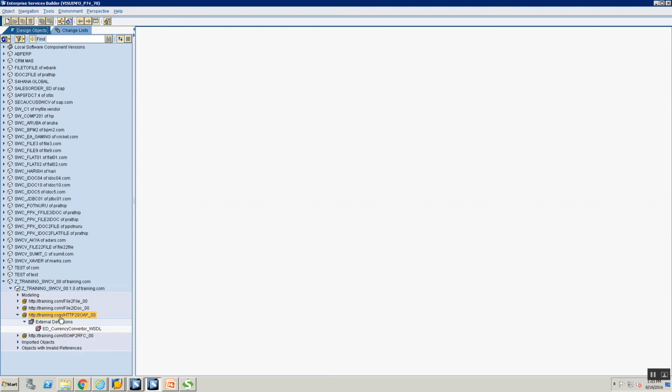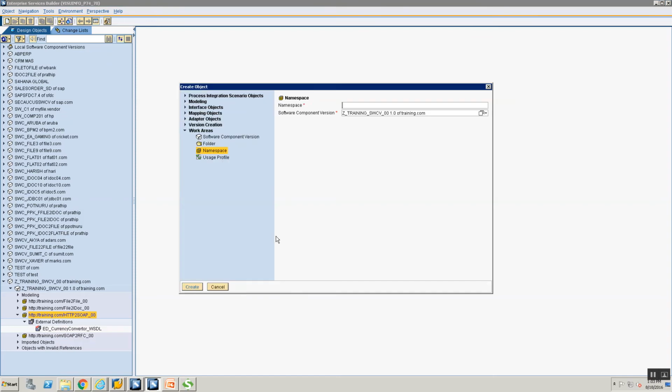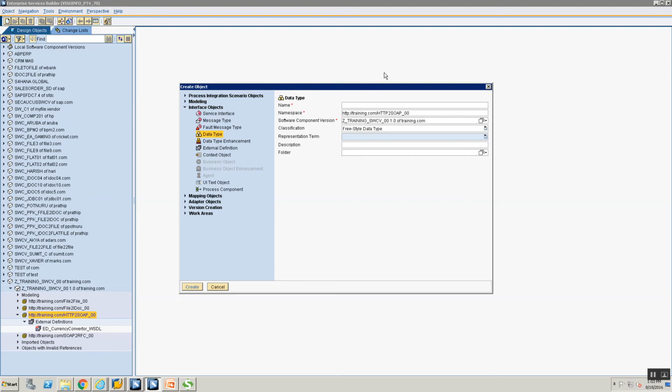Now I'm going to go ahead, create a data type for my HTTP structure. So I'm going here, going to interface objects, go to data type, and say DT underscore HTTP to SOAP underscore request.